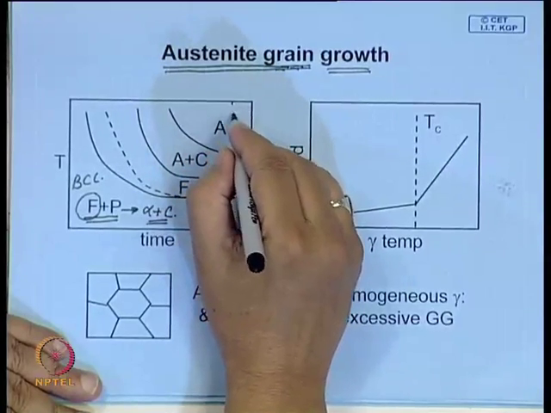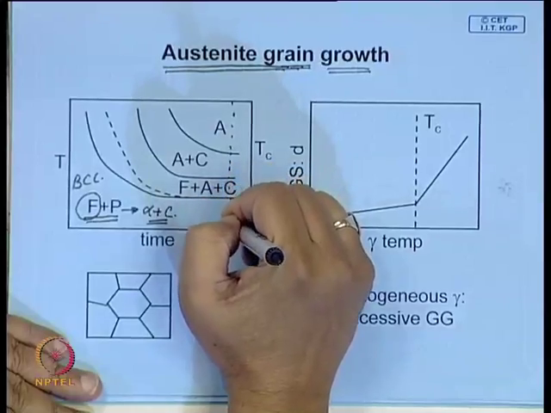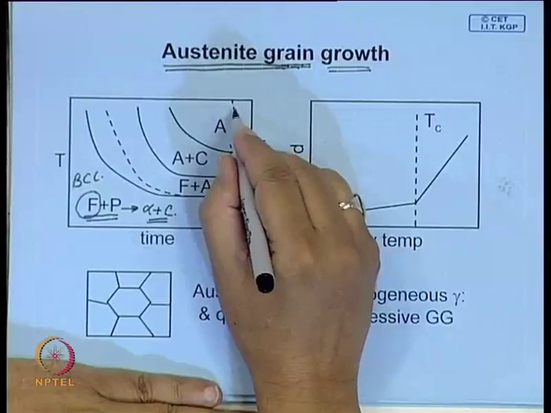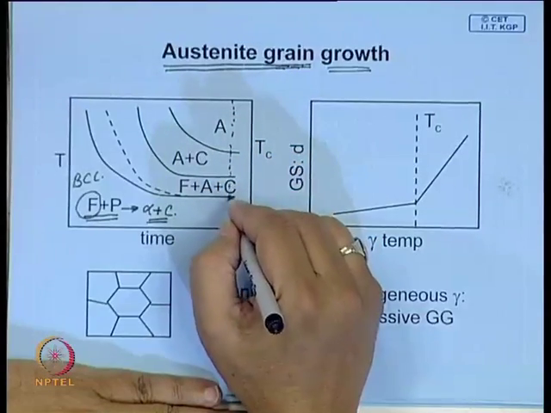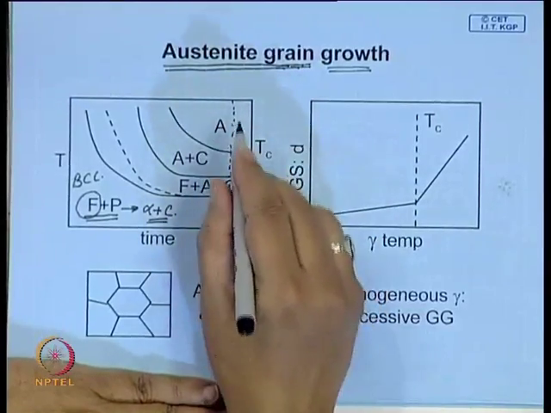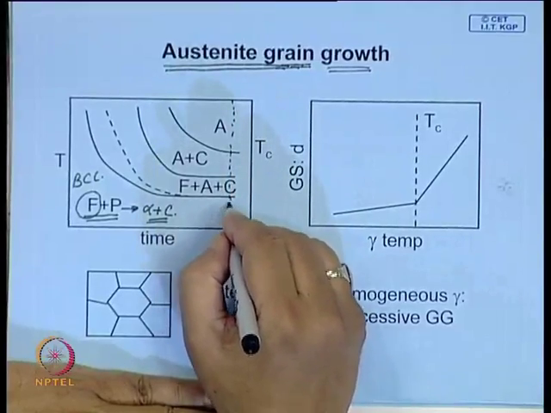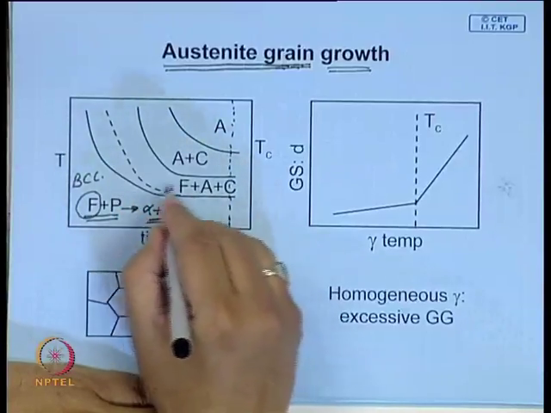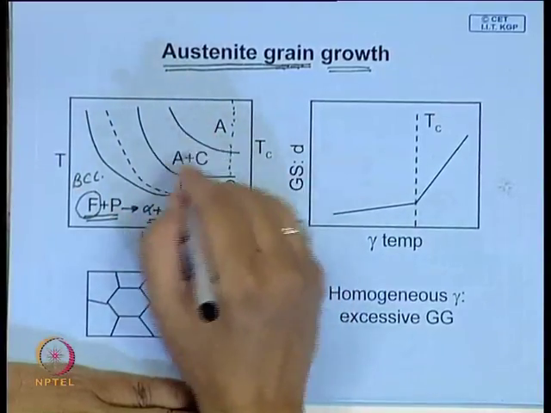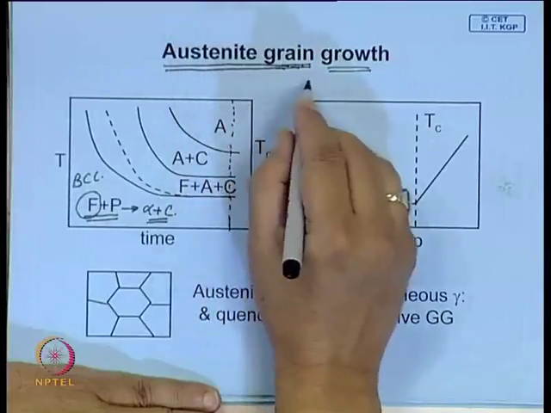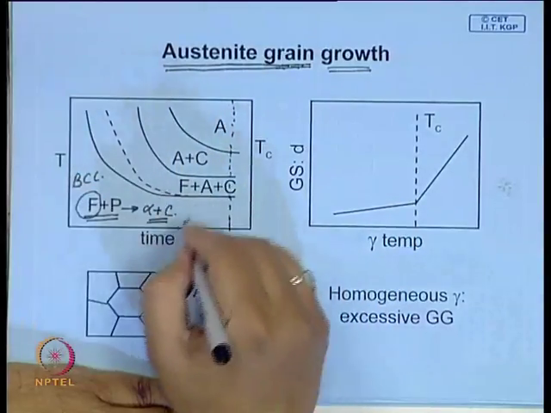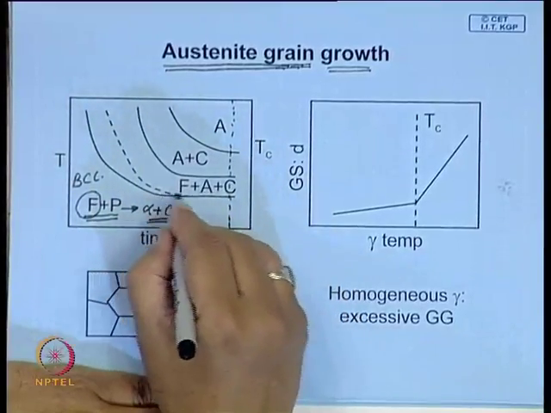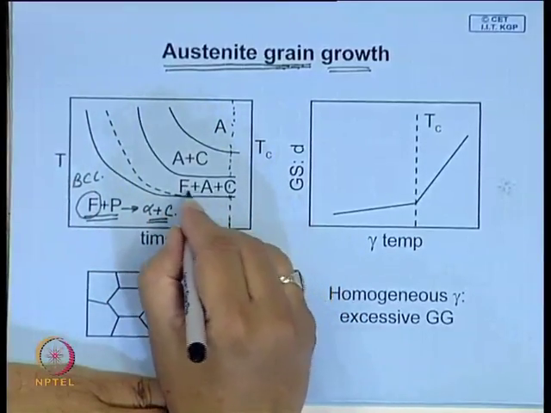soaking time is fixed, maybe a few hours, so 1 hour, depending on the size of the stock. It can even be several hours long depending on the stock size that you have. And when you heat it, suppose you are heating it at this temperature, and this austenizing temperature is definitely a function of time as well. So, suppose if we fix up the time, see first when it crosses that lower critical temperature,